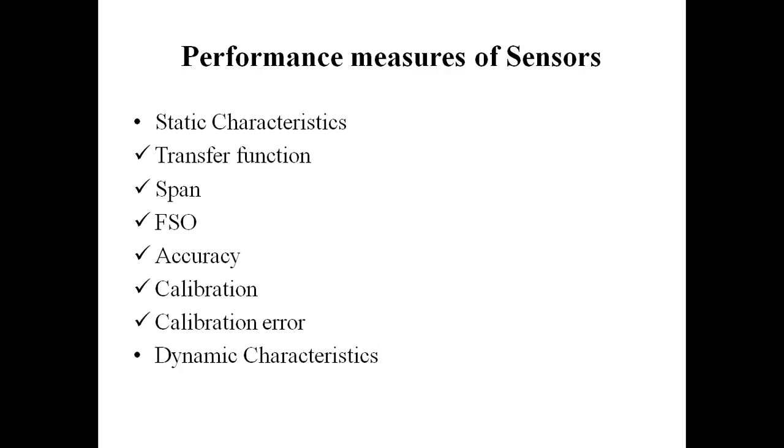And the next one is the accuracy. We know that an important characteristic of a sensor is its accuracy: the highest deviation of a value represented by a sensor from the true value at its input. And what about the calibration? The calibration is needed if the sensor manufacturer's tolerances and the tolerances of the interface circuit are broader than the